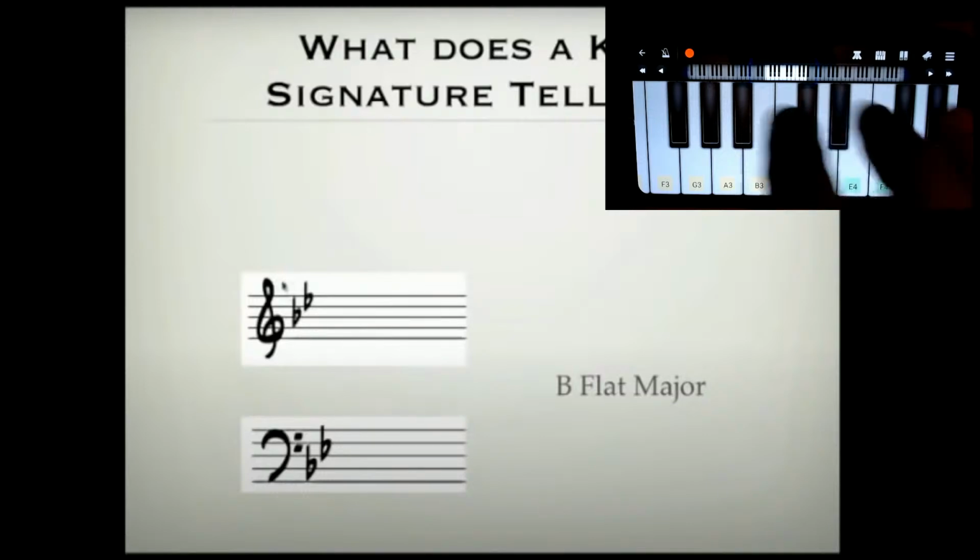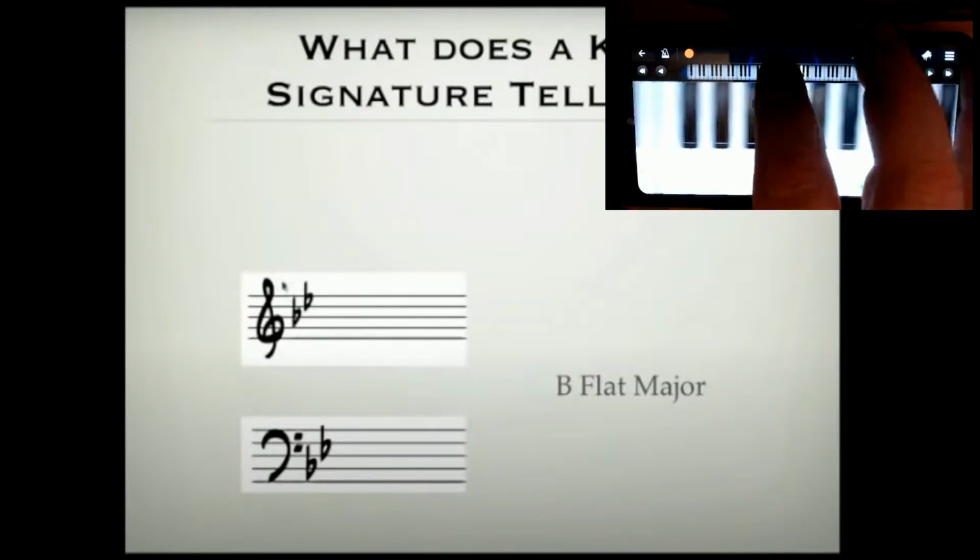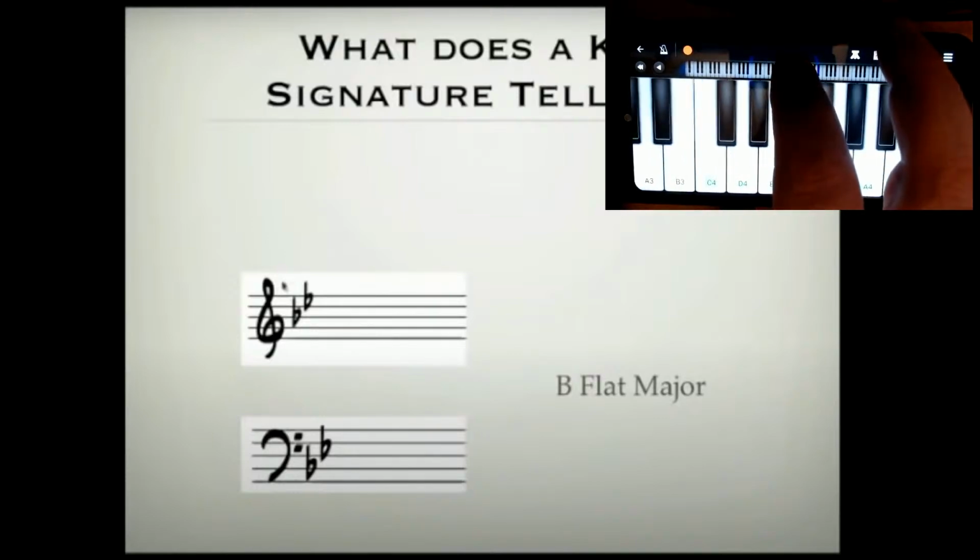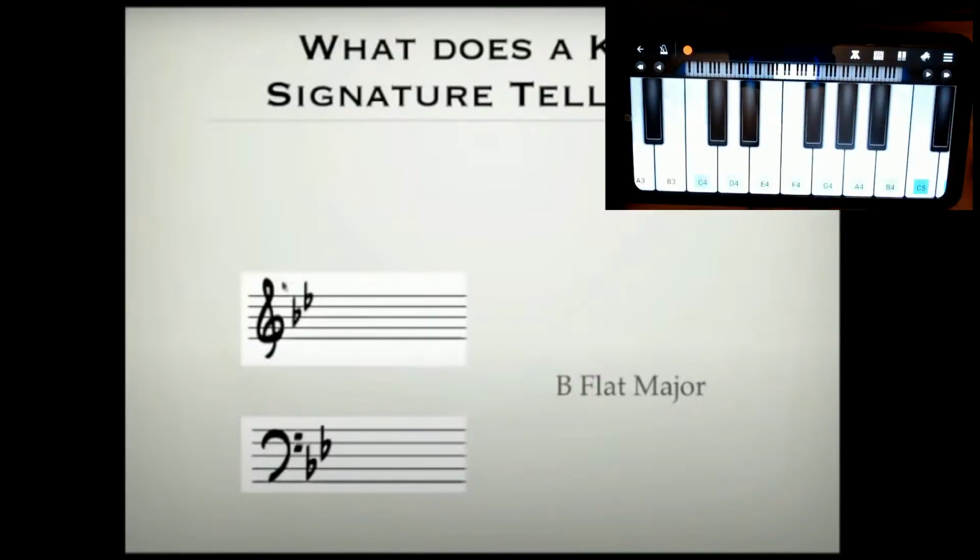Let's put the yellow on the B, which is right here. If we're starting with a B flat major scale, we're going to start here on the B flat, and we're going to do our major scale progression,